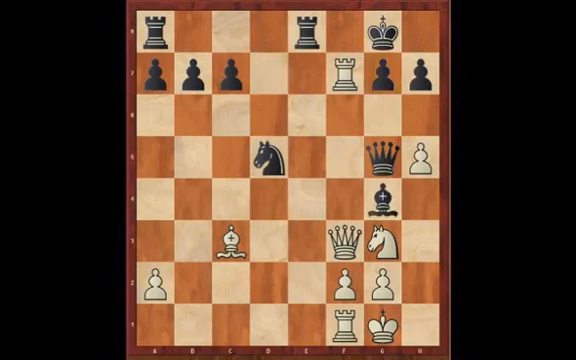Bishop g4, hoping to regain time. Time is basically an attack on an enemy piece. You are hoping to get back some time with bishop g4, but let's see what happens. Rook takes g7 check. In the light of this move, I just want to play back a couple of moves